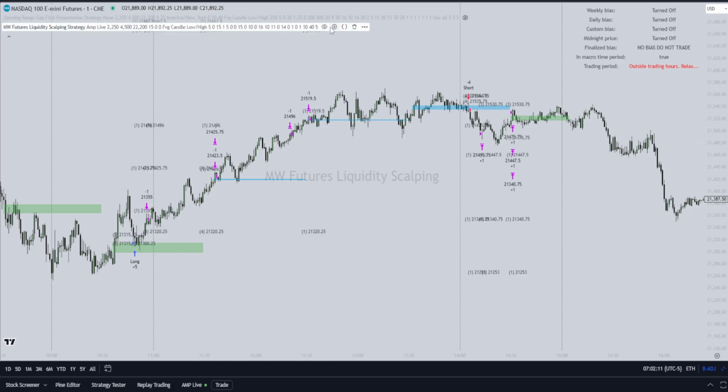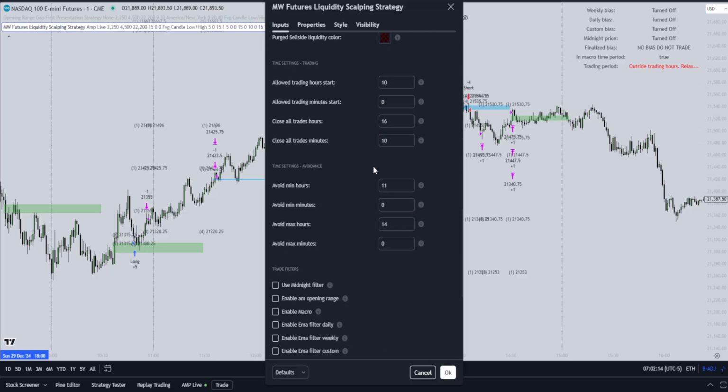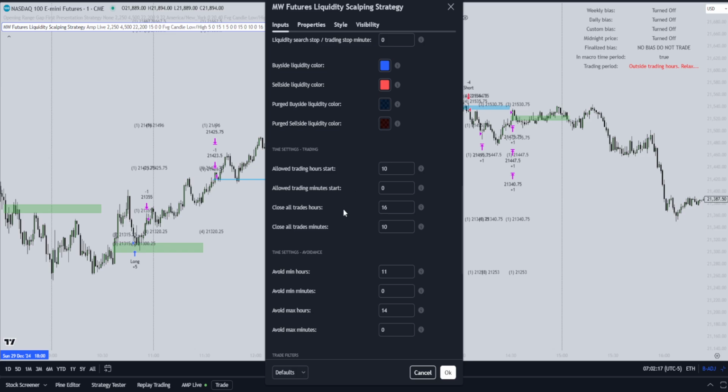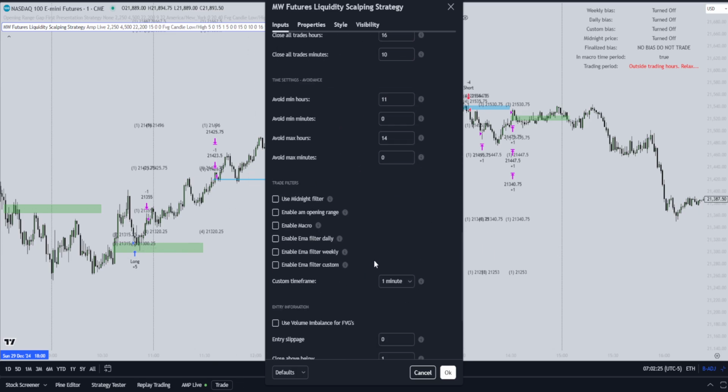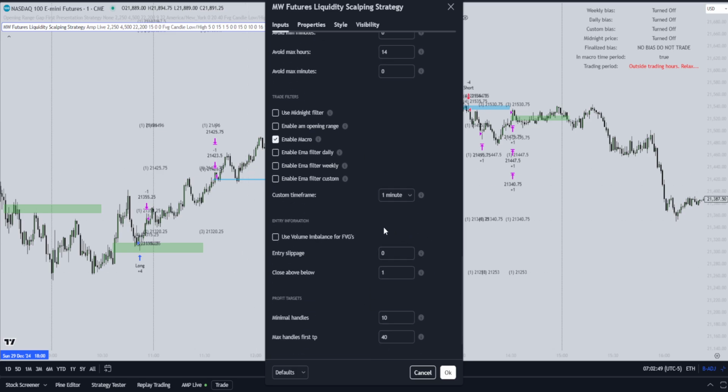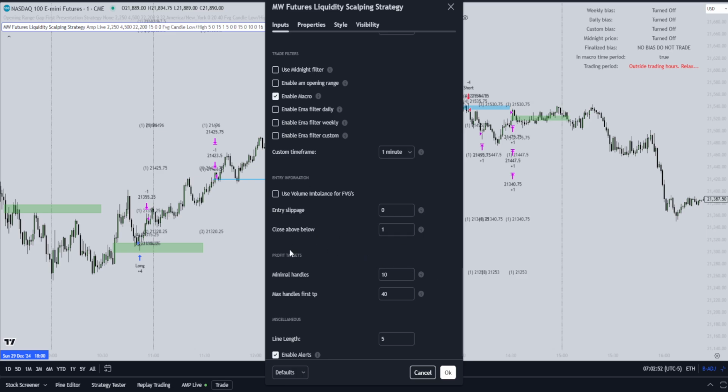So with the time management settings, you are allowed to create very unique time-based trading models solely on liquidity and time with this. How you can actually filter out trades for more confluences, like macro trading, for example, or using the midnight opening range, the opening range gap, and the sniper series, daily and weekly bias. We will get into that on the next episode, where we will go over all the trade filters and the entry information, the profit targets, and